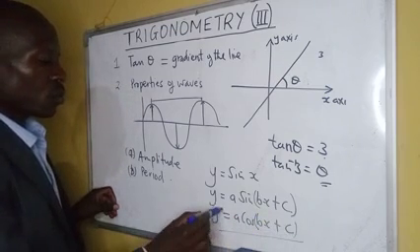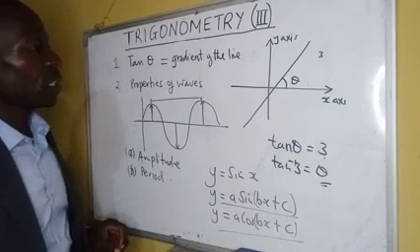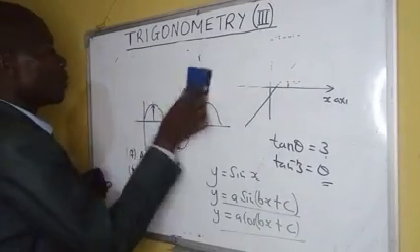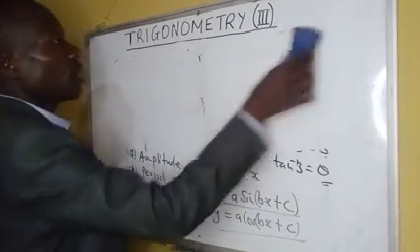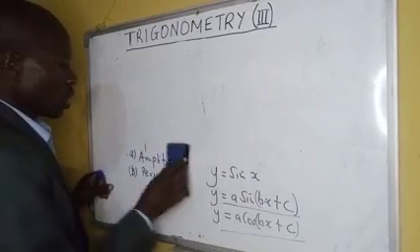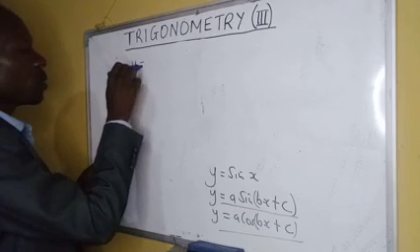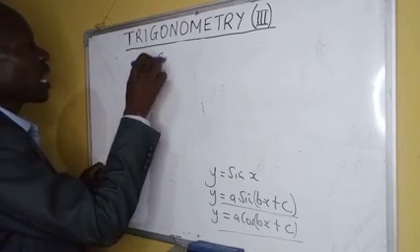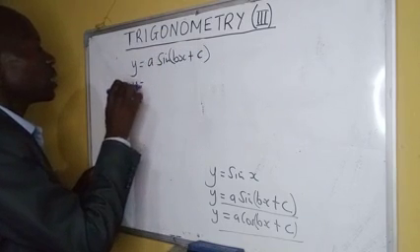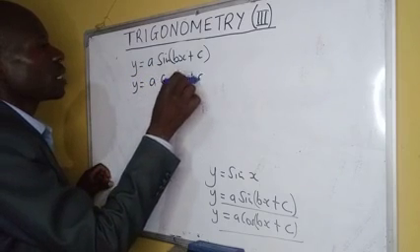So with these two particular equations, we can always deduce and explain. So from the waves, from the equations, you can be able to note that given y is equal to a sine bx plus c, or y is equal to a cos bx plus c,